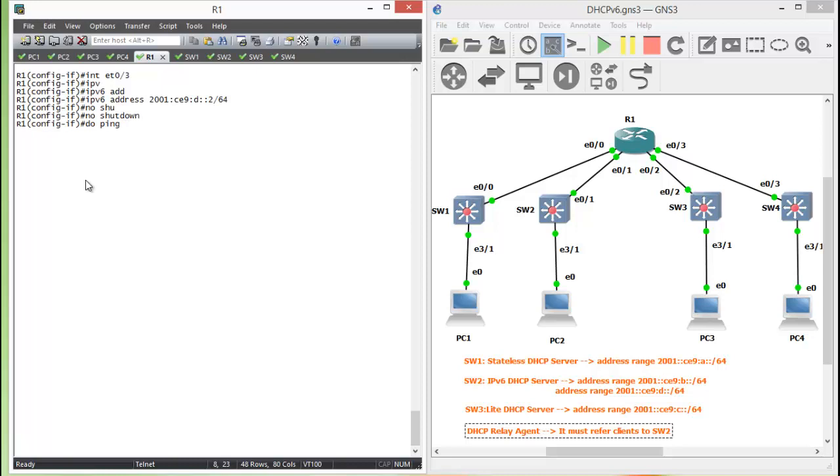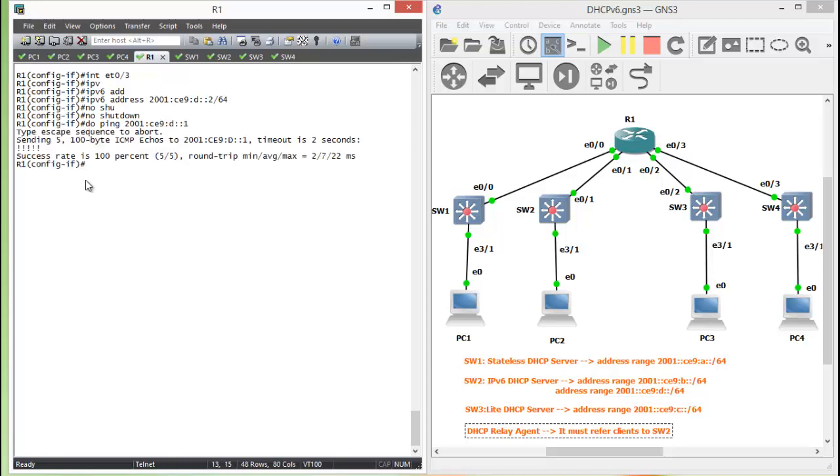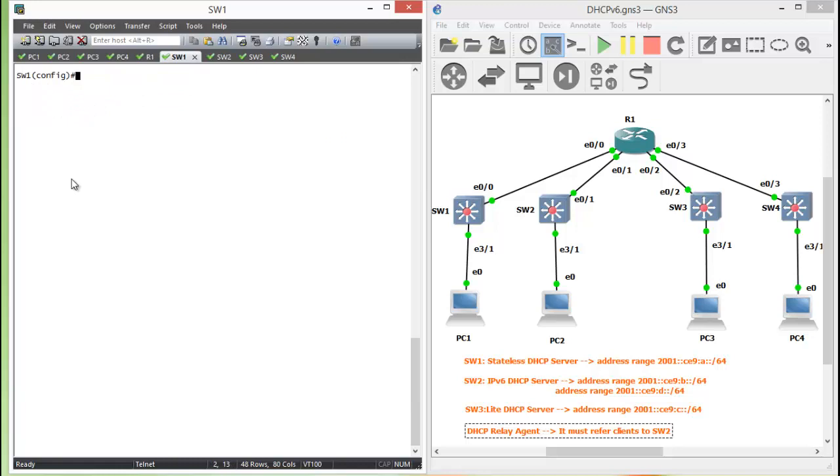Check our connectivity, ping 2001:CE9:D::1, and they're connected. The remaining command is only one default route for IPv6,